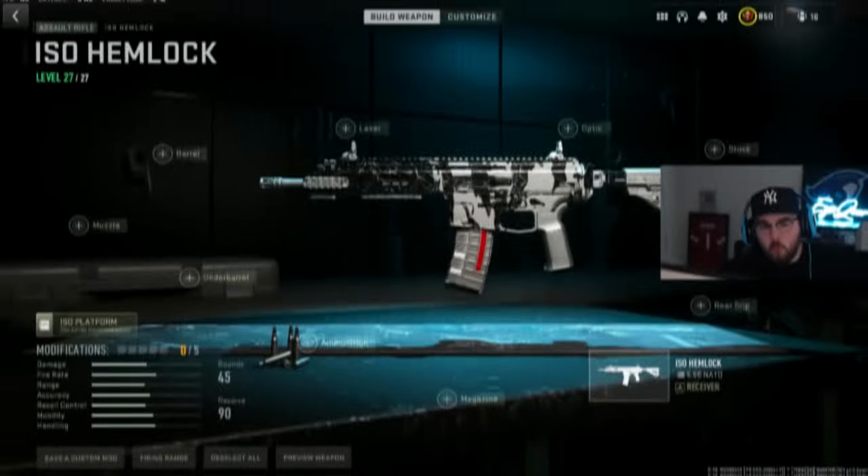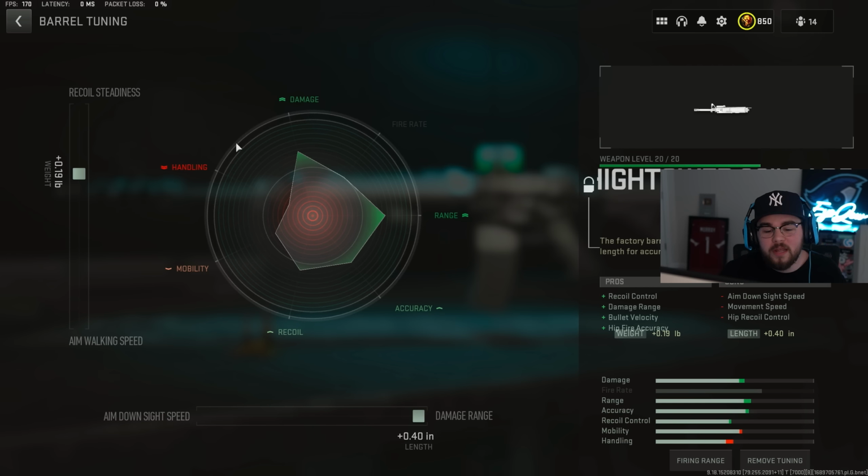for that bullet velocity. Then we're tossed on the HIGHTOWER 20-inch barrel, giving you guys that recoil control, damage range, bullet velocity, and hipfire accuracy. Again, making it to where the M4 is an absolute beam. You're getting closer to hit scan, and you're making it hit way harder. For the tuning on the barrel, I did plus 0.19 for that recoil steadiness, and plus 0.40 for that damage